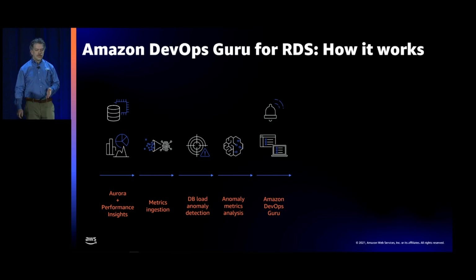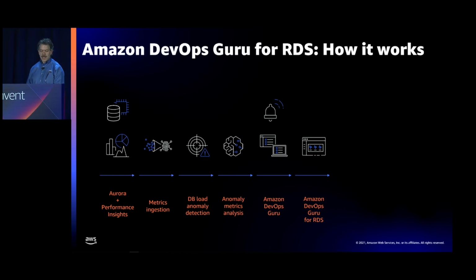DevOps Guru for RDS sends basic anomaly information, including severity, time frame, and resource IDs. It sends all this information over a channel to the main DevOps Guru service and to their console. DevOps Guru has the ability then to send SNS events in order to alert an operator that something is going on. And DevOps Guru then integrates any of the incoming database anomalies from RDS into the big picture of their full application stack analysis. So it's there in the DevOps Guru console that most customers are usually able to first find out about a particular database anomaly.